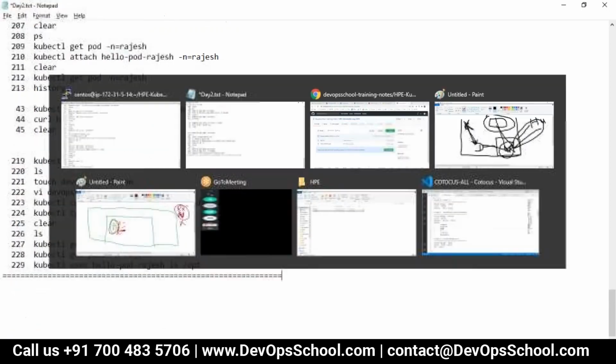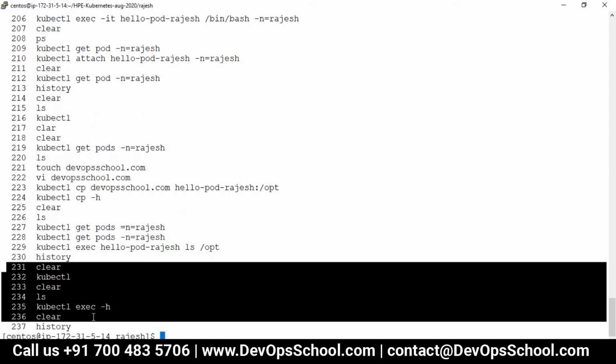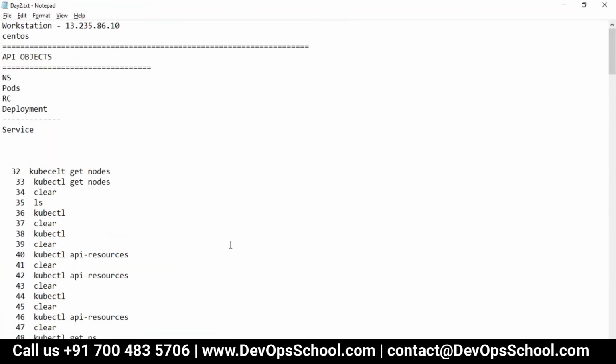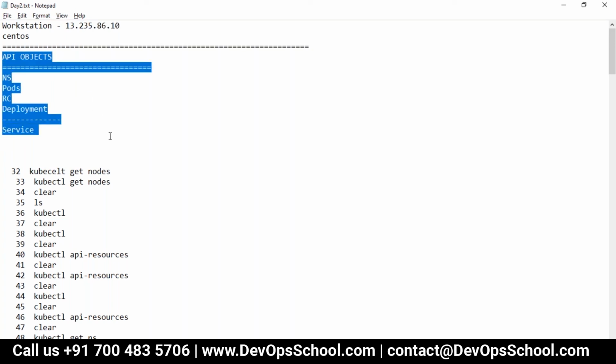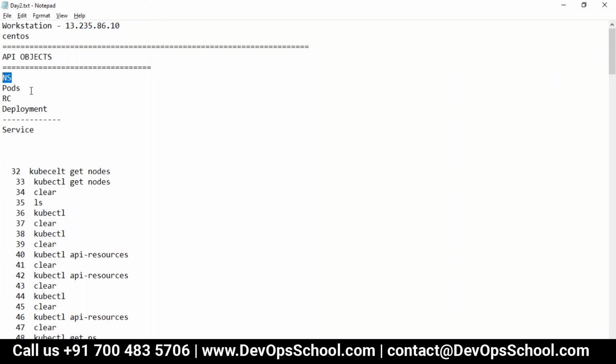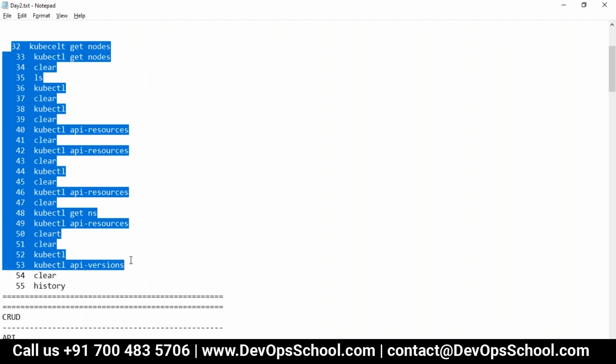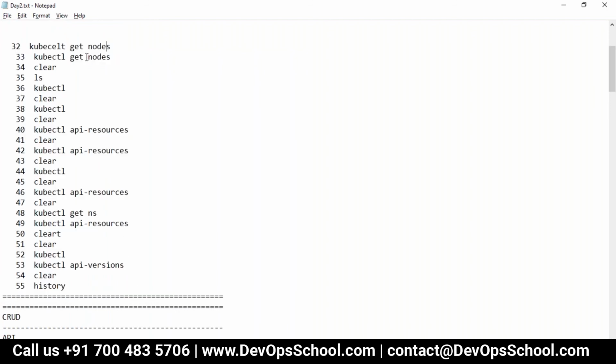So guys, I think I have completed the work which I wanted to show you. Let's recap this for the day. Now we all are working with this workstation. The key file, you have it already. The same key file will work. I'll add a few more notes. Now we have to explore all these objects today, out of which we explored namespace and pod. Here we worked with get nodes, we worked with the API resources, and we worked with the version.